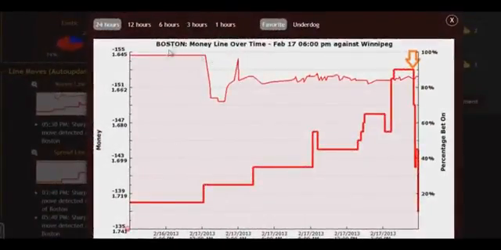Boston against Winnipeg. Boston is a favorite and a road team, as it's indicated in red color. It plays against the Winnipeg team, which is underdog playing at home, shown in blue. During the day, the situation was perfect. Smooth odds decrease of the favorite team from -139 to 155, that is about 16 points. The odds were decreasing on the favorite and was a good signal, indicating that the Boston team will win up